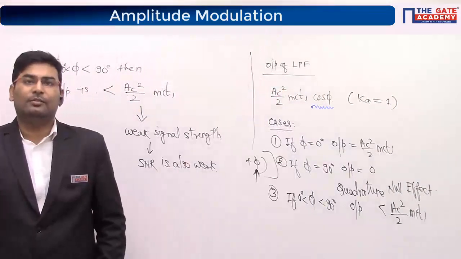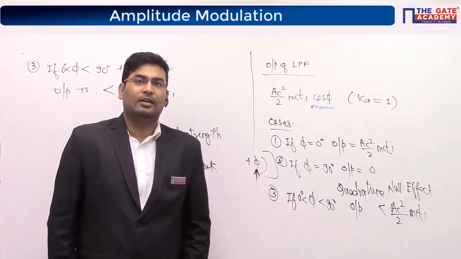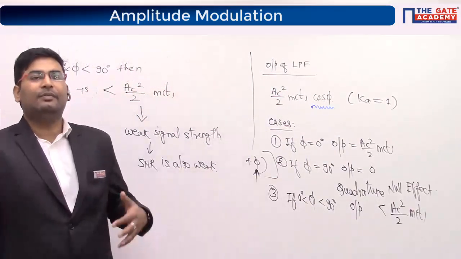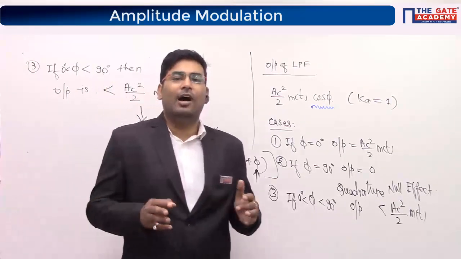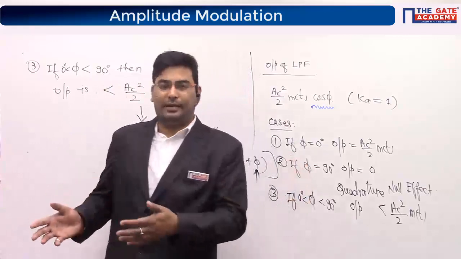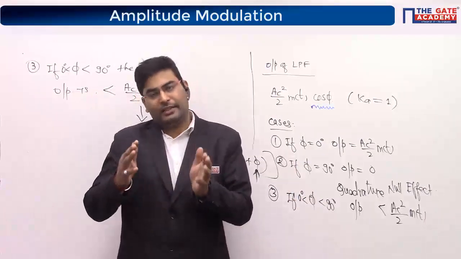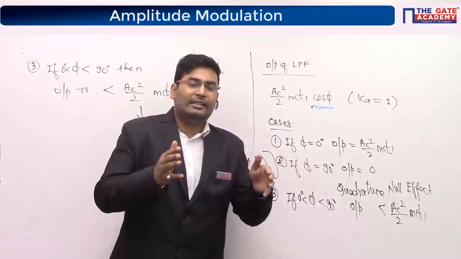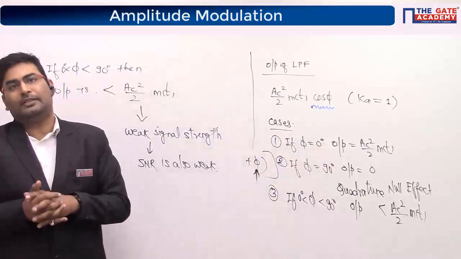Meanwhile, I will take your question. By phase, do you mean phase shift between message signal and carrier signal? When I say phase shift, it is between the carrier signal itself. So the carrier signal we sent was Ac cos 2 pi fc t. So we are comparing the carrier signal from the transmitter and the carrier signal generated at the receiver. So there is a phase shift, not in the message signal.